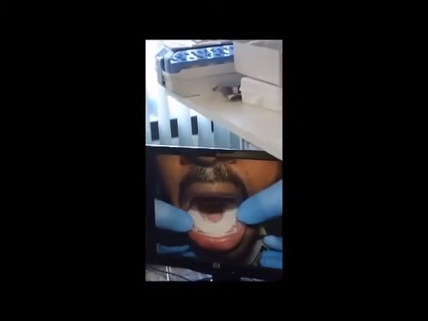I'm going to show you that one. It will reflect in this kind of position where this tray shows all the marking and size, and with the help of this we were able to determine the exact height and width of the implant.